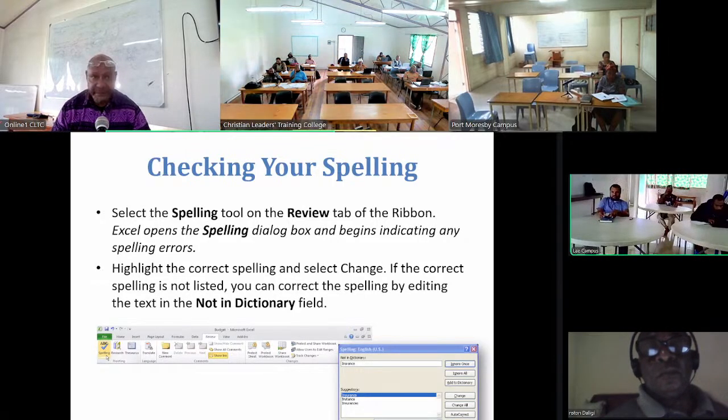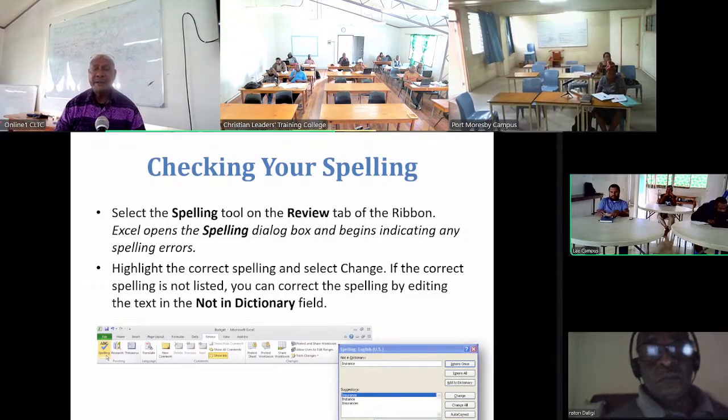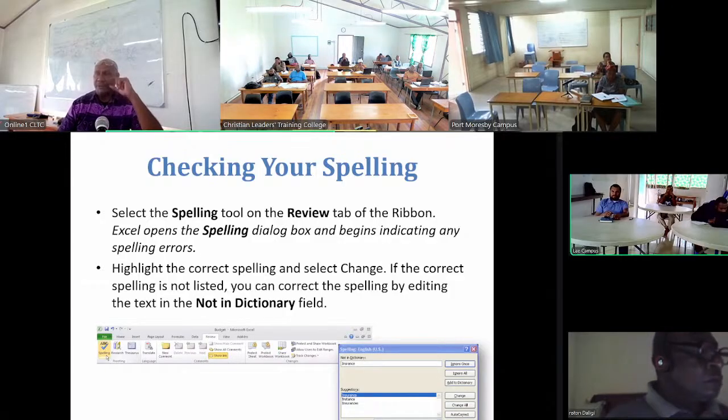It's under review, is it? Okay, we'll run Microsoft Word next week. If you click review, you will have a drop-down menu, and on it, it will have spelling. When you click spelling,